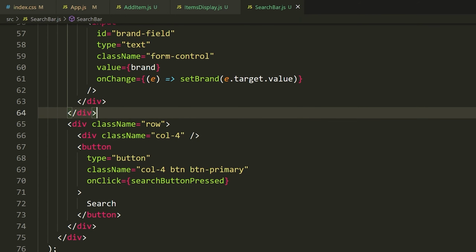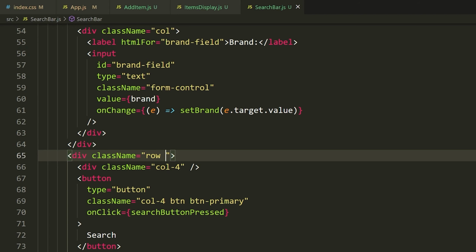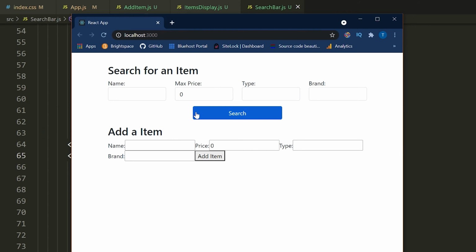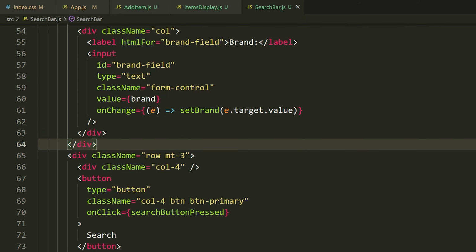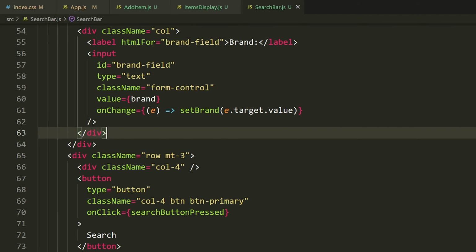Anyways, that's it. We've got the button. It's sized correctly. Now all we need to do is space it out. There's a few different things we could do here. We could add some spacing for this row. So I could do something like MT-3 here. So margin top 3. And now if I go and look at this, notice we have a margin. Now that's kind of the nice way to do it. We also could just add a break line here. So we could say BR and then do a little line like this. This is probably not the preferred way. So we'll just leave it at MT-3.